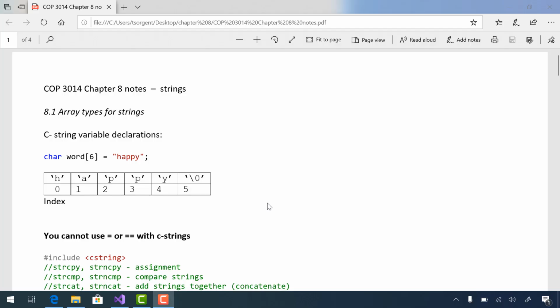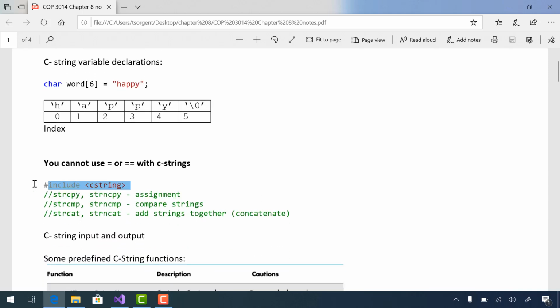All right, welcome. In this video, we're going to talk about Chapter 8, and we're going to start with C-style strings. So hopefully some of you in your Intro to C class learned about C-style strings. In order to use C-style strings, you need to #include <cstring>. This is in C++, and remember that C++ comes after C. So in C++, you can use all C-style programming. Of course, there are some things in C++ that have been made easier for you, but let's review C-style